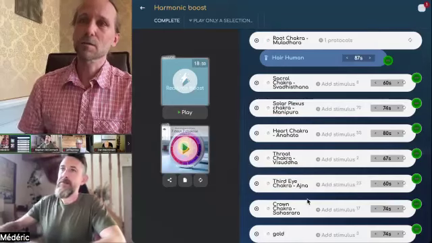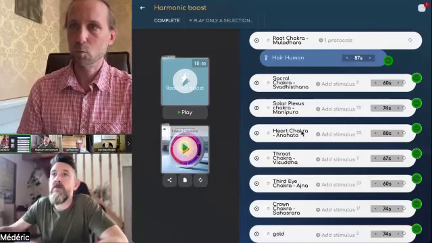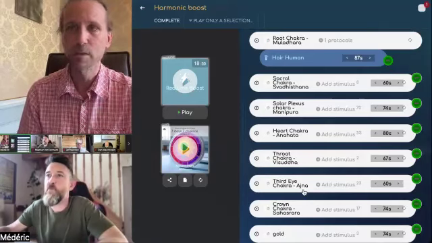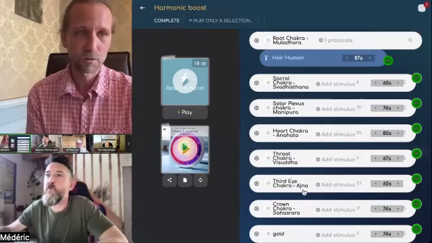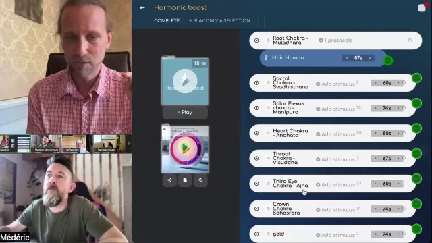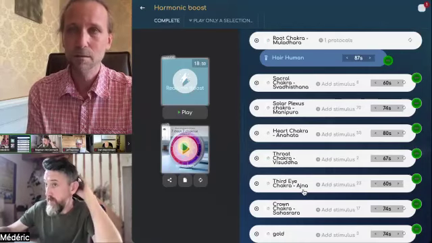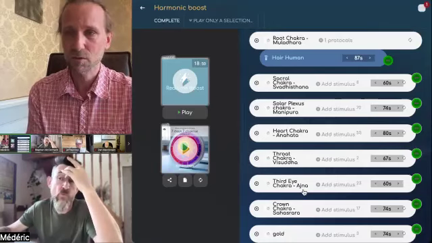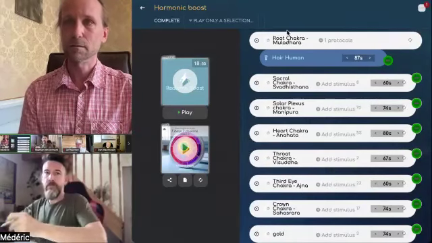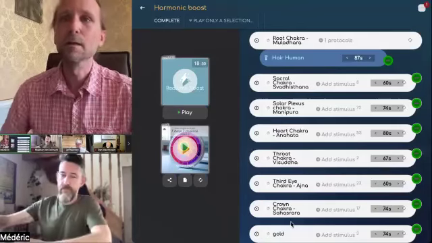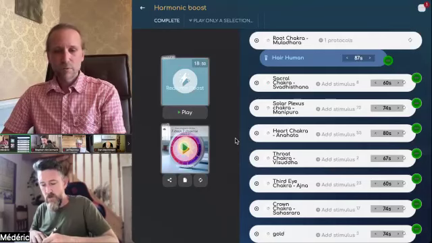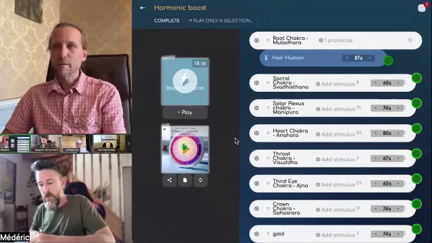So when you add some stimuli on top of the white parts, it will need a few seconds to compute it only one time. Then, of course, it will store the computed audio on your device, and it will send it to the server if this is done for a client of yours. So when your client opens your harmonic boosts, everything is ready. He just has to download everything from our server and it will be ready to play. I think it's really important because it was probably one of the last recurring problems that we had with the app,